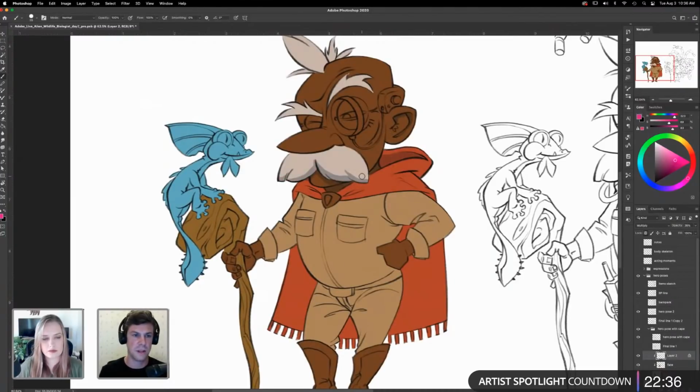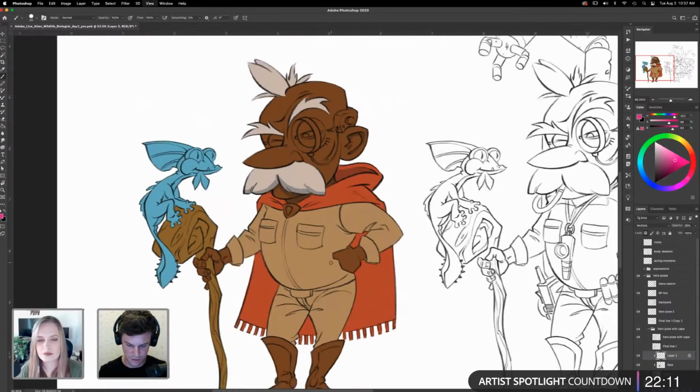You can also do it with a really soft brush or airbrush or gradient tool. But I find this gives you a lot of options really quickly. Just having that nice flat graphic shadow layer that you can rework as you go gives you nice quick shadow shapes to work with. So yeah, just real quick, just wanted to show you guys that.